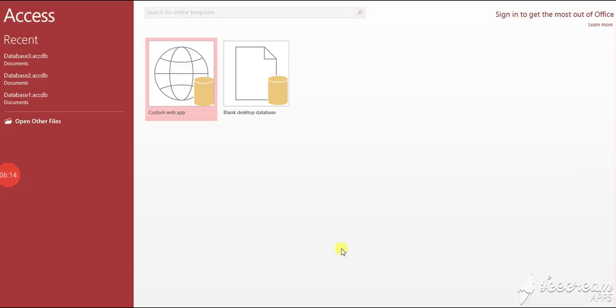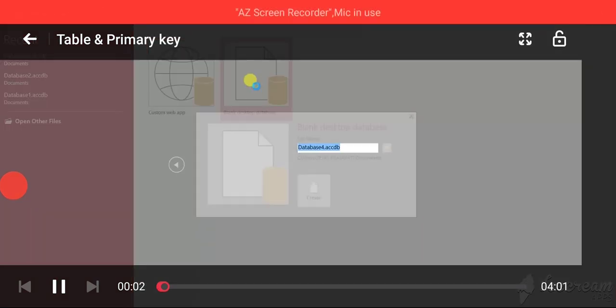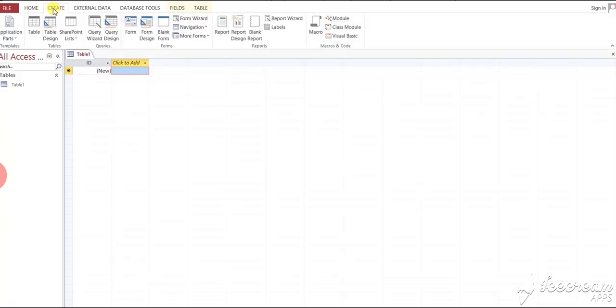Here we learn how to create a table. First of all click on blank database, then create a database. Then here we click on create tab. See, here given two options for making a table, but here we select table design view.